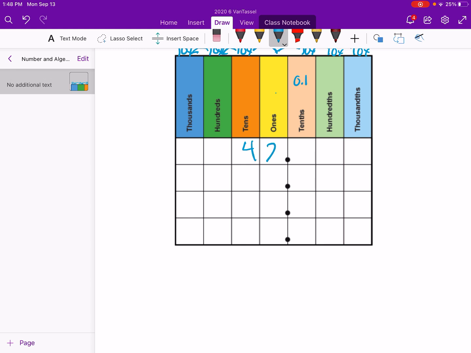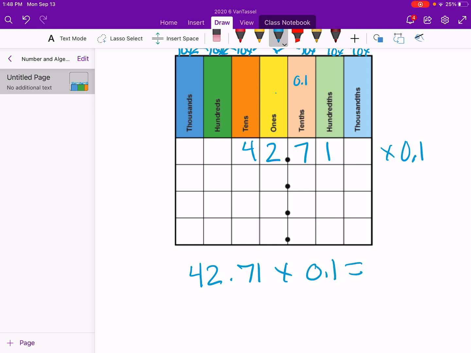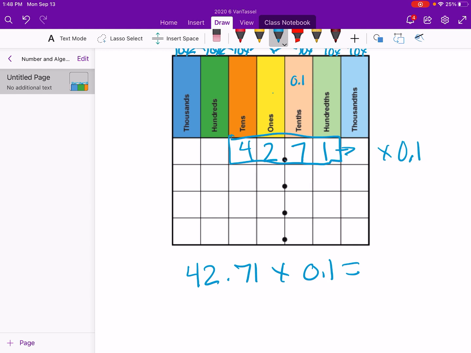So let's clear these and try one more. Let's say 42.71 times 1/10. So I have 42.71 times 1/10. I'm really going to move all these numbers one space this way because this is saying it's a tenth of this. So we need to move it, instead of 10 times, it's 1/10 of. So we're going to move it this direction. So this 1 would be moved over here, 7, 2, 4. So it'd be